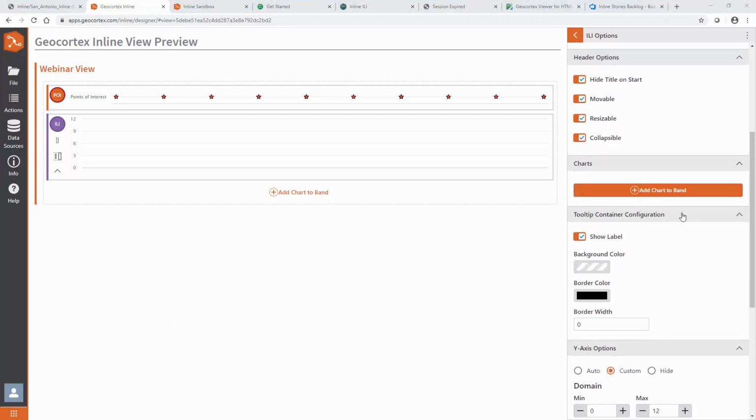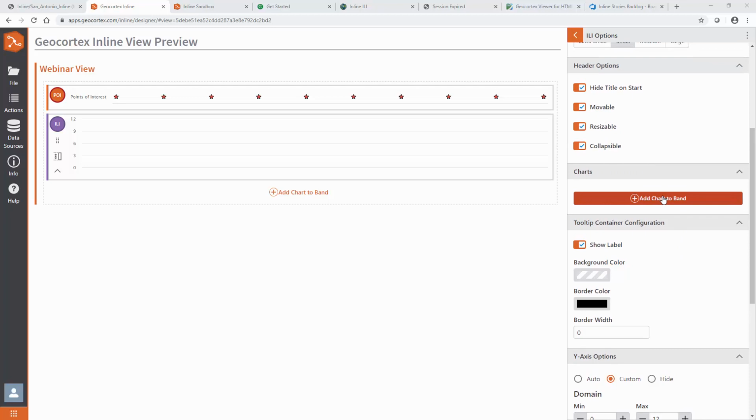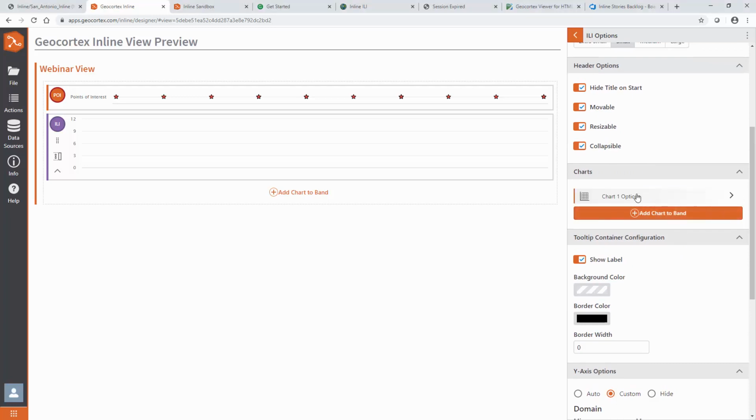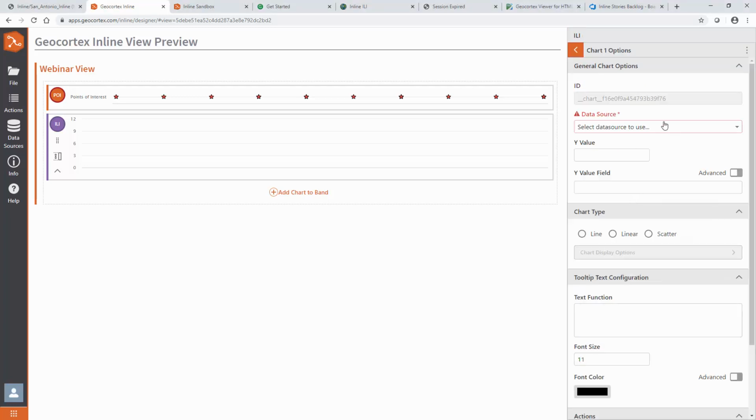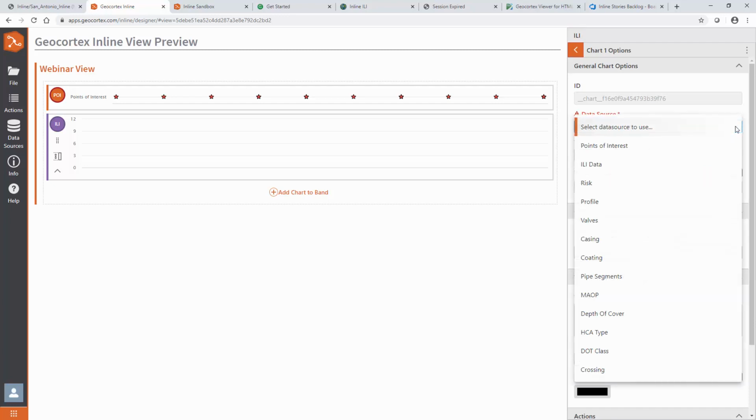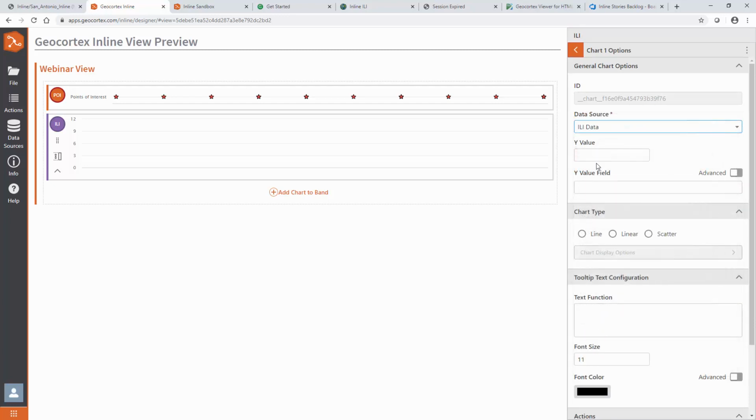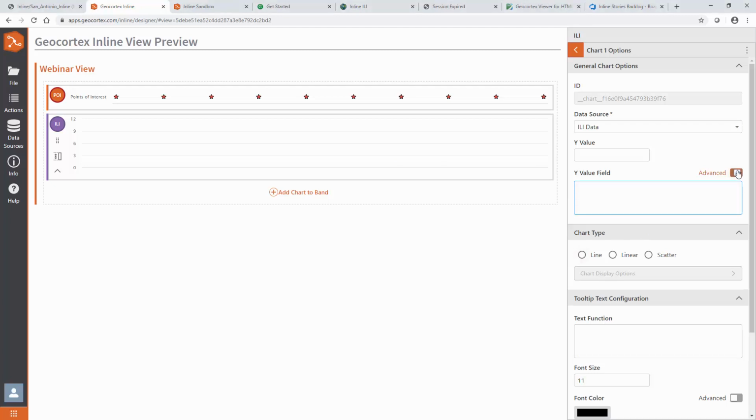So now that we've configured the band options, let's just add a chart to the band. So here, let's specify chart 1. We need to select a data source, so we'll select ILI data. In this case, we're going to use a configuration to set the y-axis, because in the data, it's actually